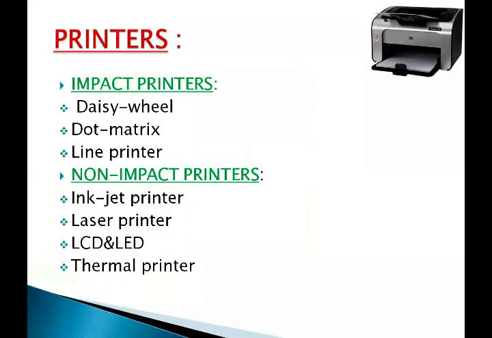The next heading is printer. What is a printer? A printer is a main device used for preparing permanent documents to be used at a later time. It is connected to the CPU by cable and plugged into something called output ports. A printer is also an output device and it is used to print data or information on paper. The output of the printer is called hard copy. It is called hard copy because it is a permanent copy.